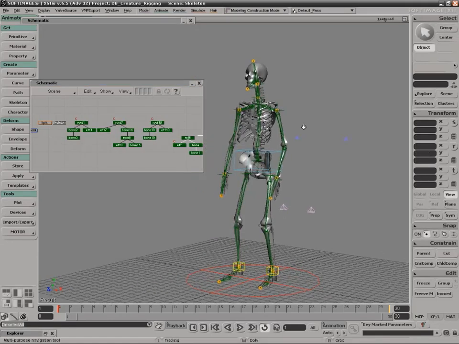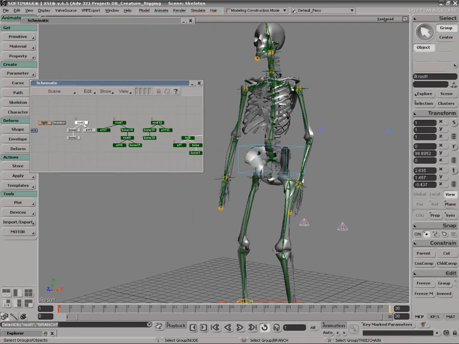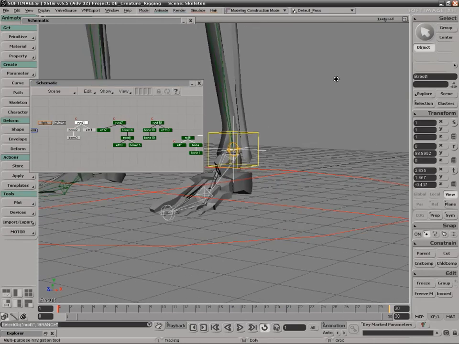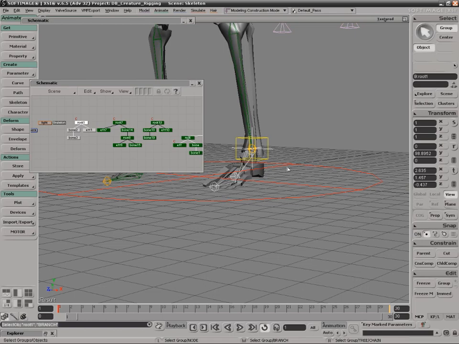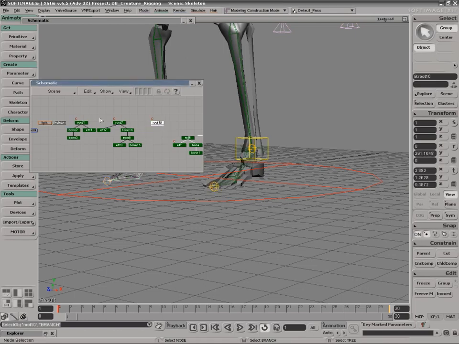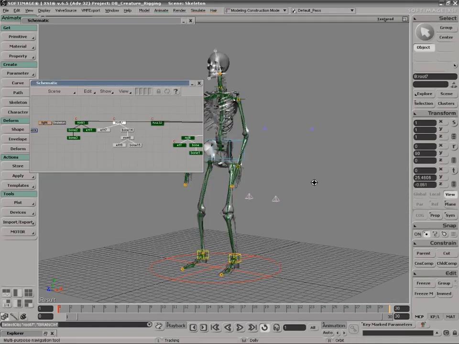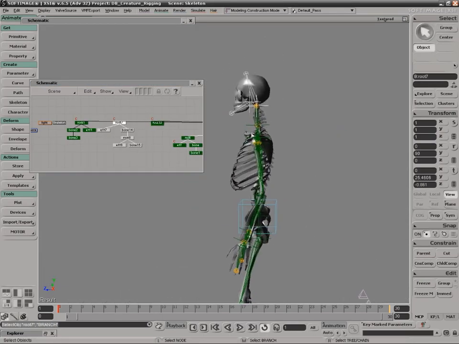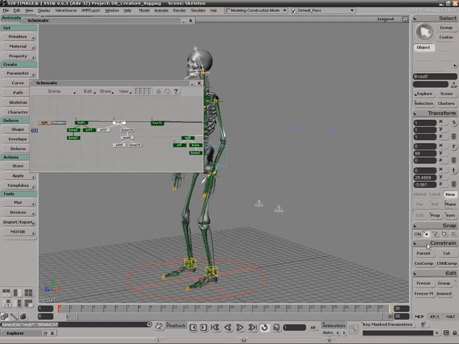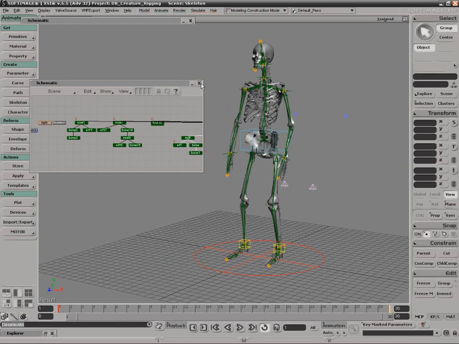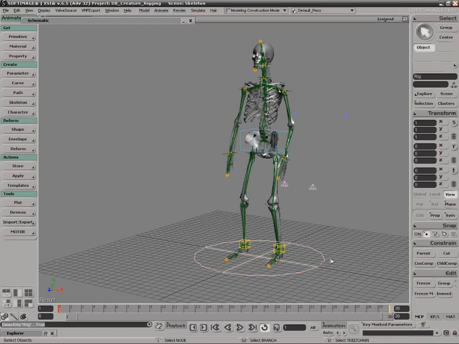We still have to parent. Let's see. What is this? The leg. The two foot. Parent them to the rig since it's constrained. And our head, it's constrained, so we'll just parent it the same to our rig. Pretty much set. And now everything we're going to move, we can accidentally move